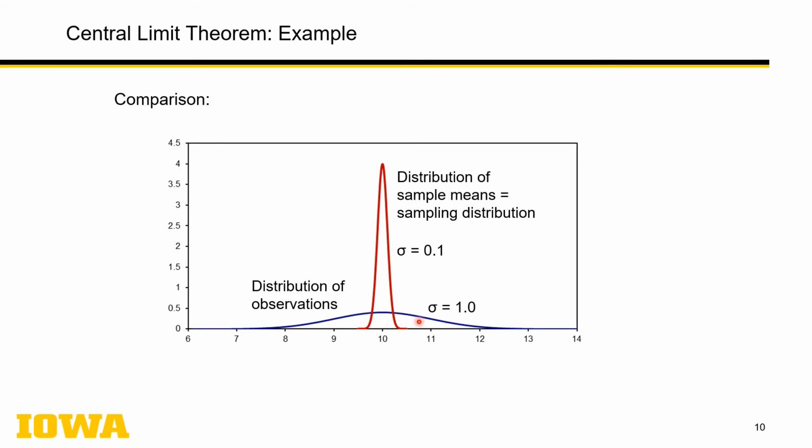because that's where all the means, if you calculate them from a variety of samples, some of the samples are shifted maybe a little to the left of the actual mean, some a little to the right, but most of them are going to be really close to having values that are spread out across the observation distribution. So then a majority of the means will be in the center. So this is, in this case, shows where sigma was 1 for the observations and a sigma of 0.1 for